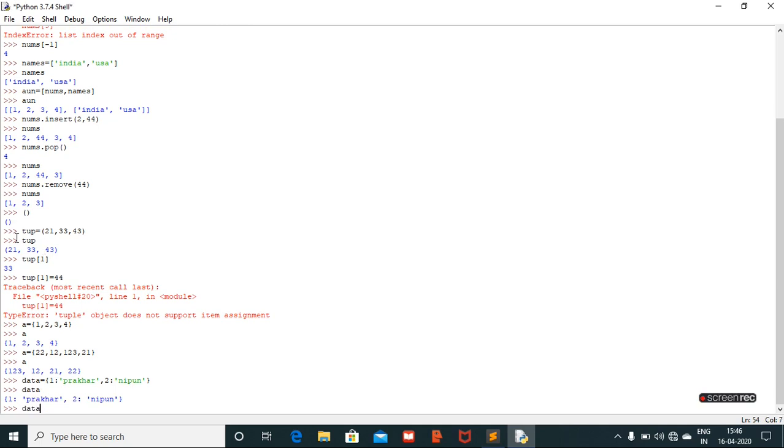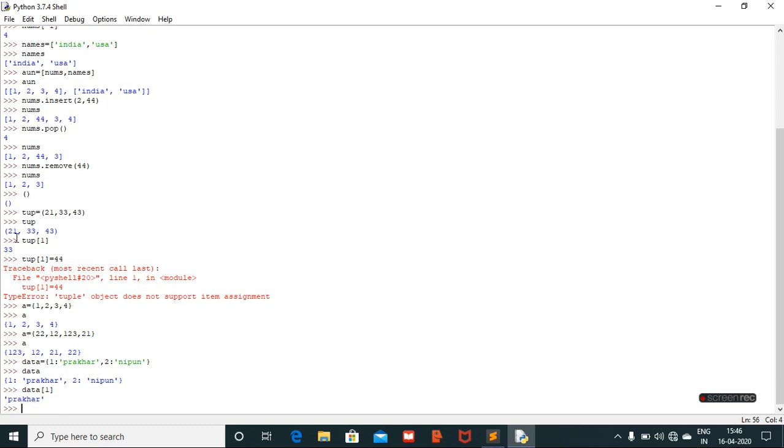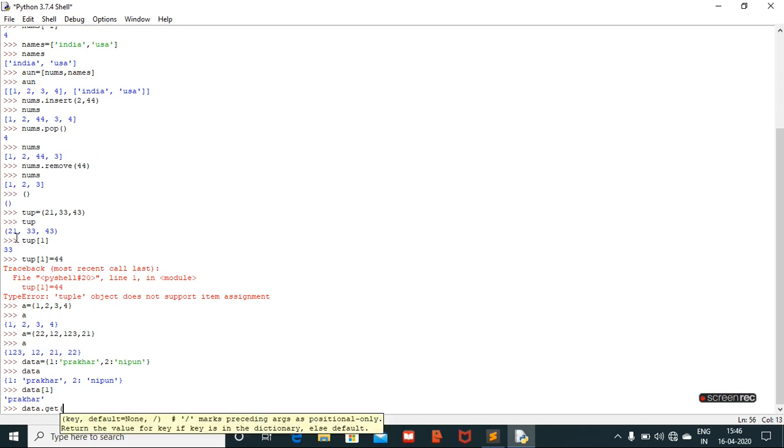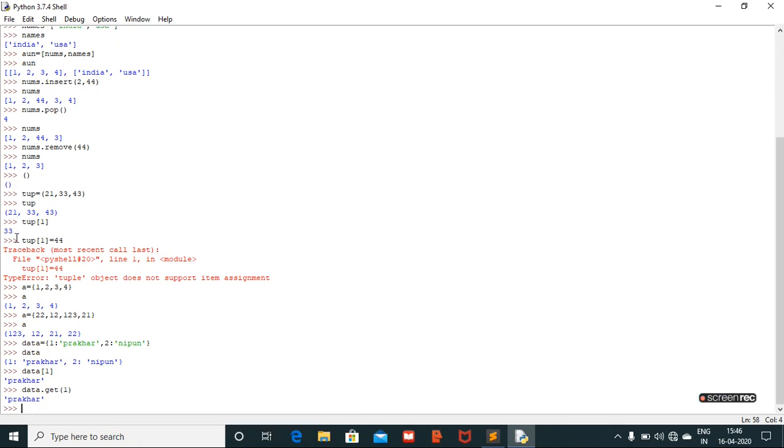So data 1 will give the value of the key, Prakhar. And if you want to access the element, you can also use data dot get 1, it gives Prakhar.